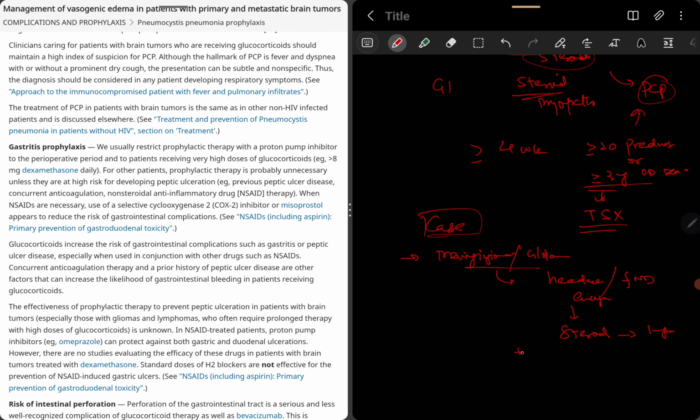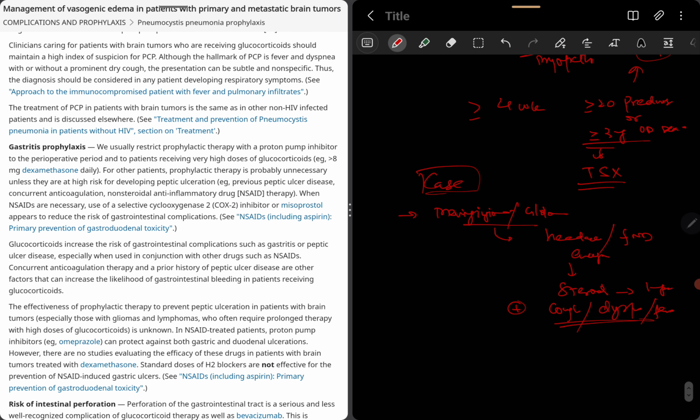But one thing, he develops cough, dyspnea, or fever. He developed a combination of these three things. Then what additional treatment should you put this patient on? You have to put the patient on trimethoprim-sulfamethoxazole because you have to keep a high index of suspicion for